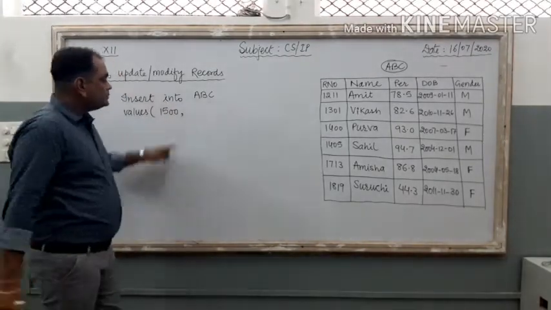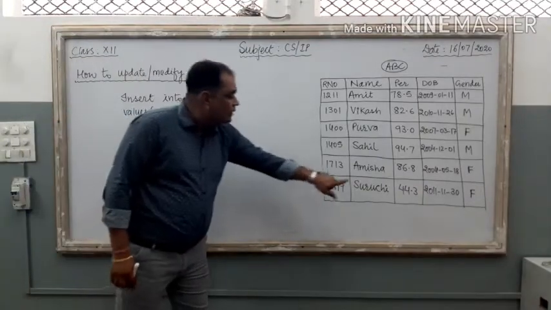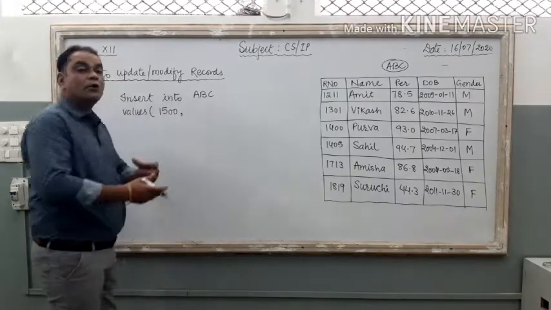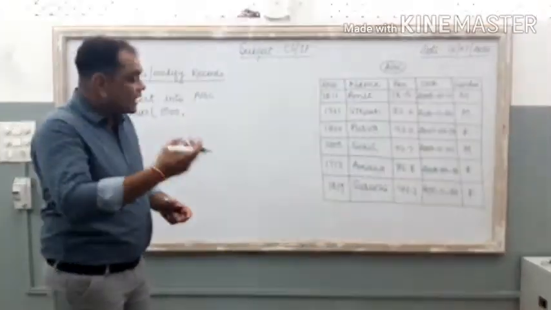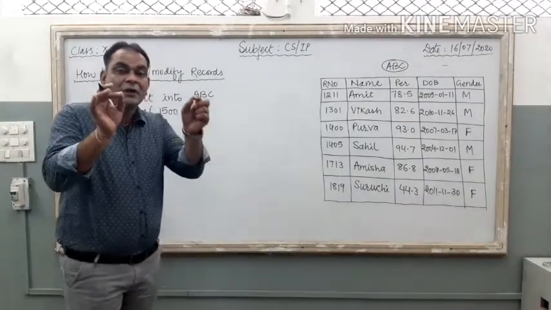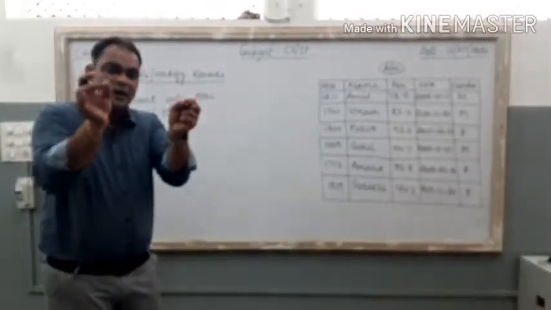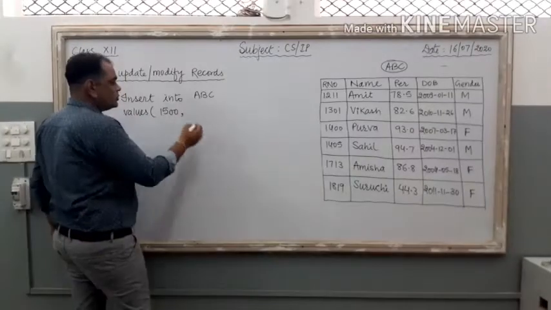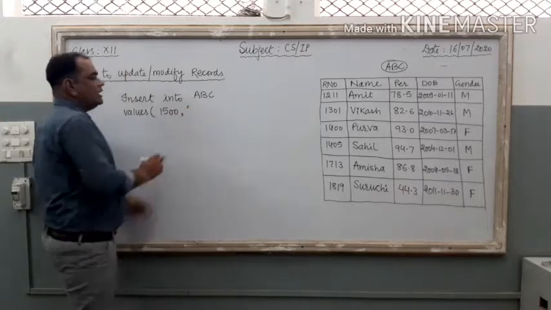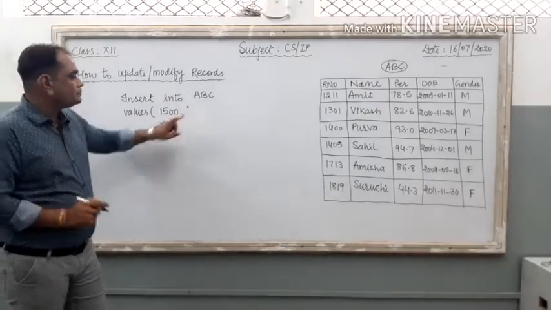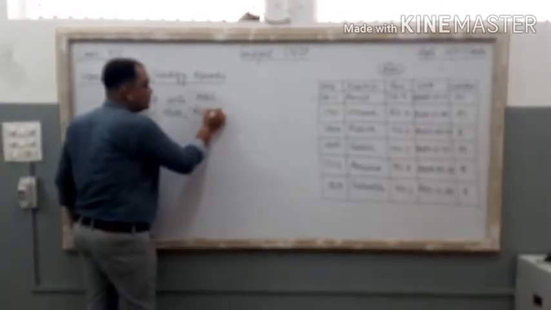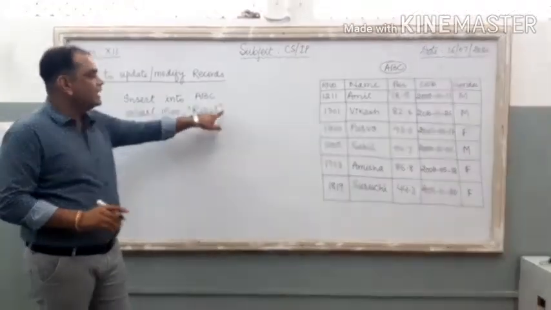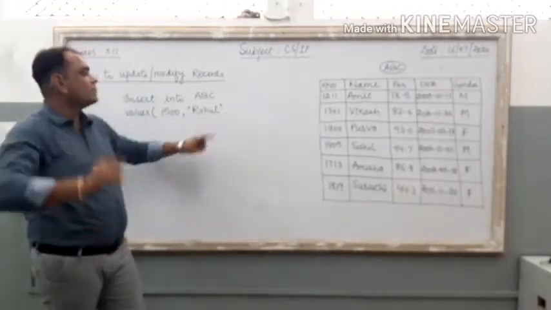So, without inverted commas, a digit can be inserted directly. Then comma. Now, after this comma, I should give the value to the second column of this table, name. Name is a group of alphabets, so it is a character type value. For giving any character type value, we should enclose the value using either single inverted commas or double inverted commas. I want to store the name Rahul in the second column, so I write a single inverted comma, then Rahul, the full name, then close the inverted comma. Here it is an option: I can use either single or double inverted commas.